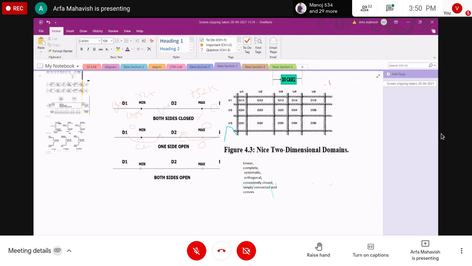Nice domain boundaries are complete in that they don't have any kind of space in the domain. If you have spaces in the domain, plus and minus, that domain is not called a complete domain.